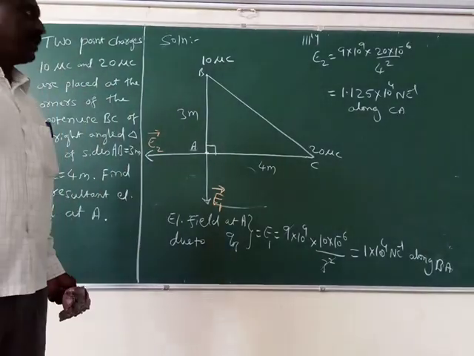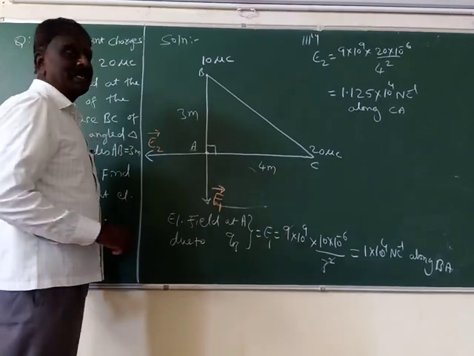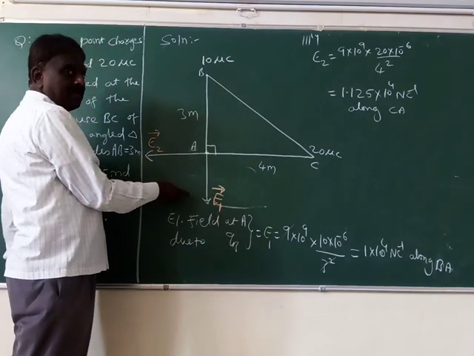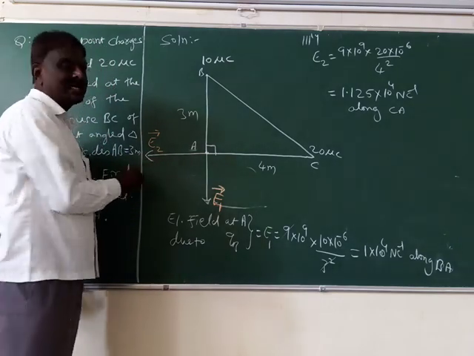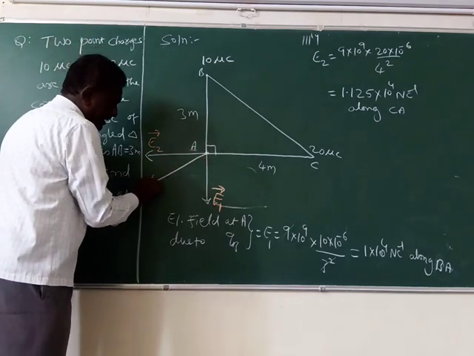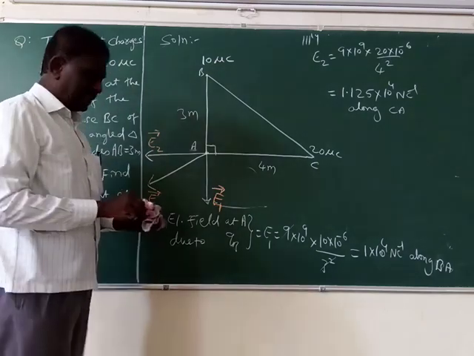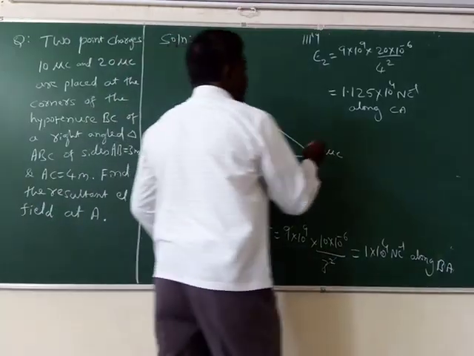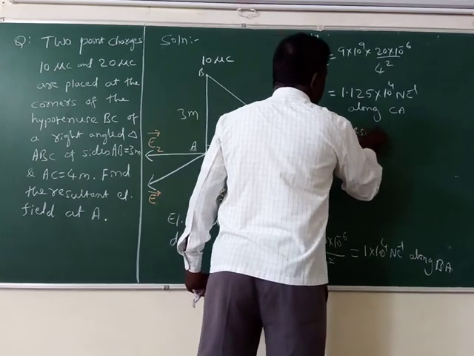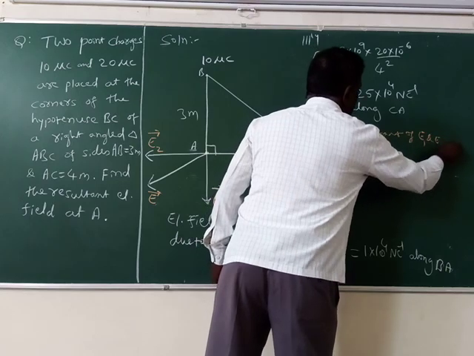Okay, what is asked? You are asked to find out resultant of E1 and E2 at A. Resultant. Okay. See, E2 is greater than E1. The resultant is always towards the larger vector. Like this. This is E. How to find out E? The resultant of E1 and E2 is